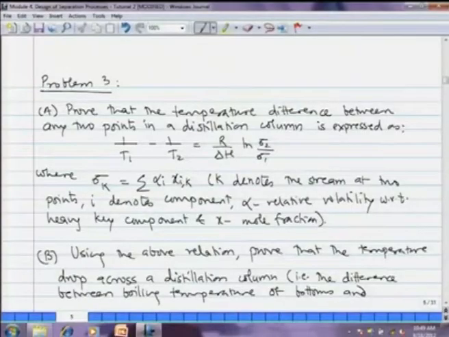The third problem is a theoretical problem. I will read out the statement. First section of problem 3 is to prove that the temperature difference between any 2 points in the distillation column, expressed as 1 by T1 minus 1 by T2, where 1 and 2 indicate 2 points in a column, is equal to R divided by delta H into ln sigma 2 by sigma 1. Delta H is the heat of vaporization or latent heat,